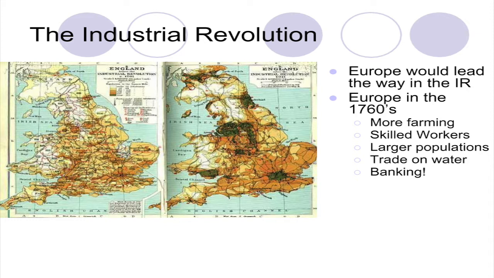You will start to see some workers becoming very skilled at certain jobs, but most of your factory workers were all immigrants, meaning that they're from other countries. They didn't have very many skills, so what they did was they worked in the factory for very low wages and didn't take breaks all the time or were treated very badly.